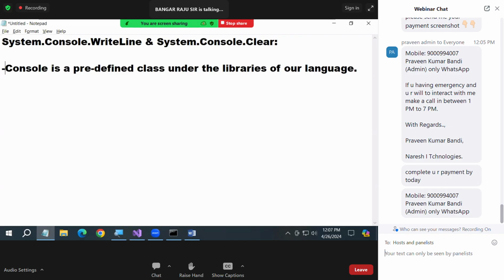And what is the need of this class? It's a predefined class. That's the first point. A predefined class under the libraries of a language, which provides a set of